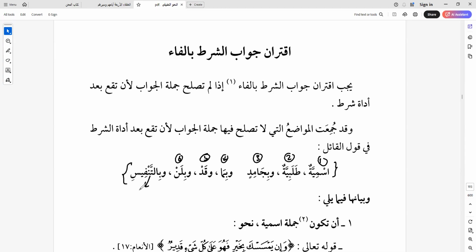Tanfis is simply a situation where you flip fi'l al-mudari into a future. We're going to talk about it. In grammar, we call it at-tanfis. A situation where you change fi'l al-mudari into the future by using sin or sofa. And that's what we call grammatically as tanfis. We're going to talk about it later, inshallah. Now, let's look at the bayan of these poetic statements.